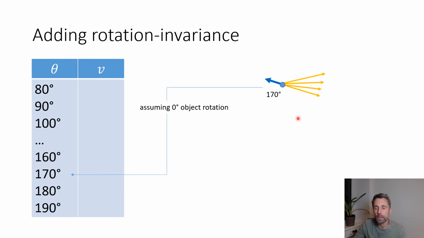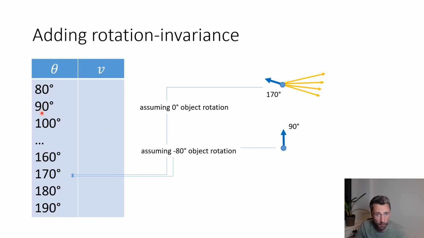Now, if we observe a 90 degrees edge pixel, for example, and we assume the object has been rotated by minus 80 degrees, so clockwise by 80 degrees,